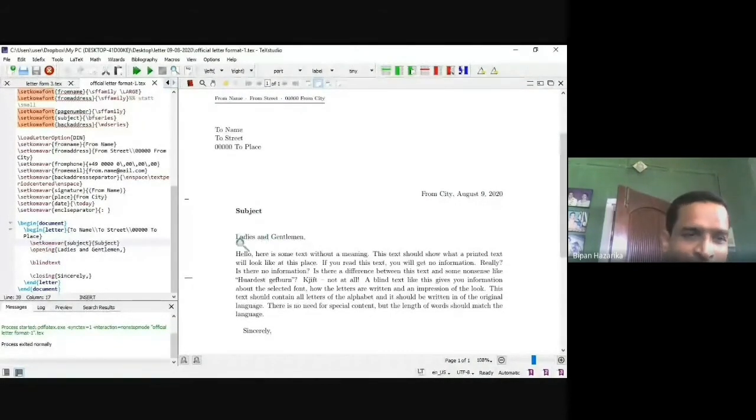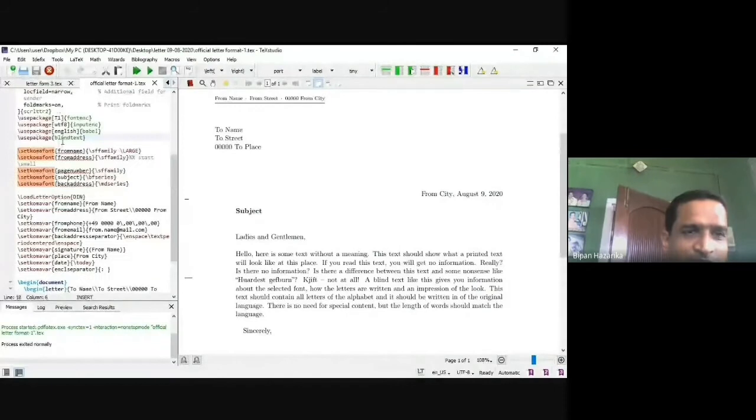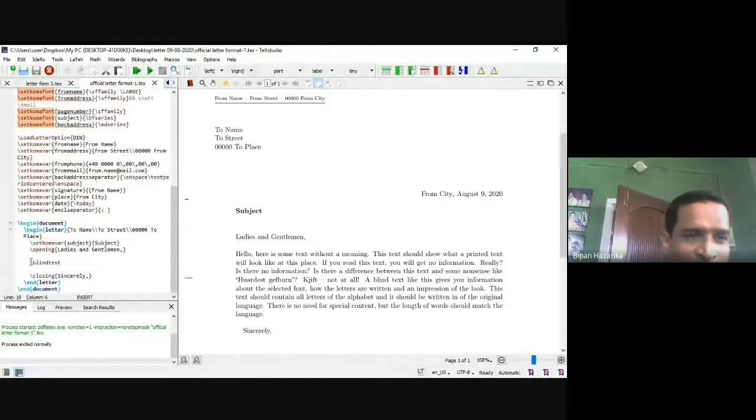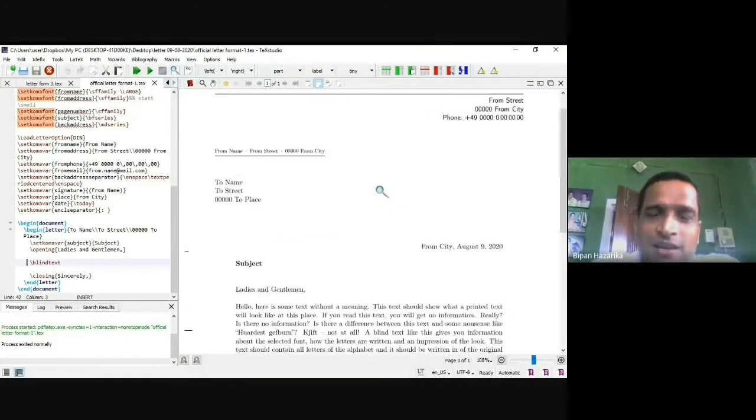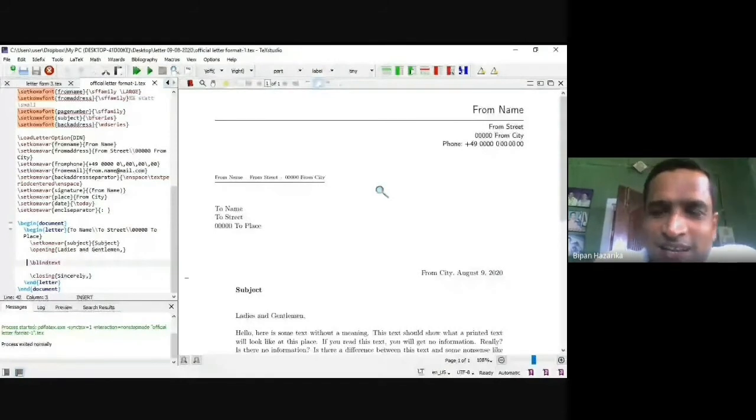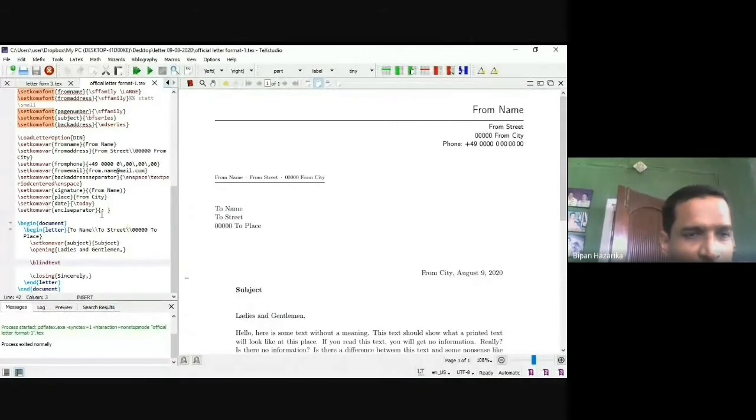Now these texts are actually collected from our package file, which is blindtext. So I put backslash blindtext, that means one text is collected from here. In place of blindtext, if you write something, that will be the sentences. Then the closing. So this is one format of a text file, how you can write a letter. This is an official pad style. Say in place of blindtext, I omit this and write something.